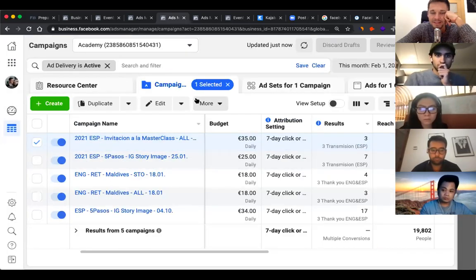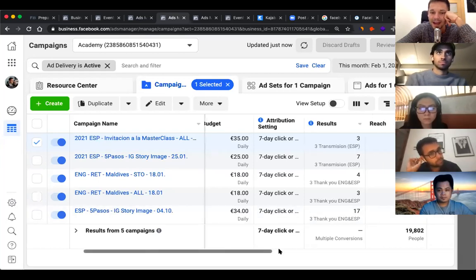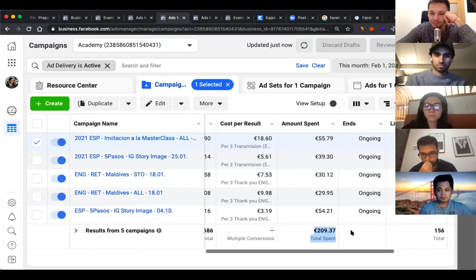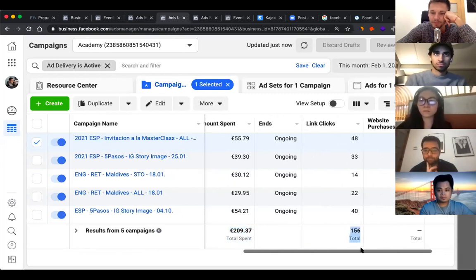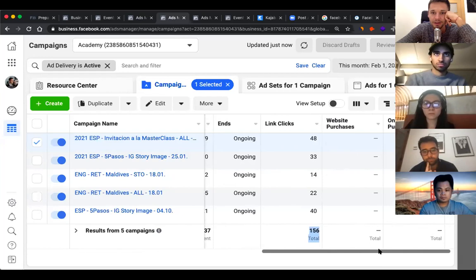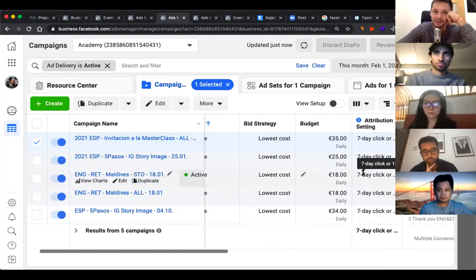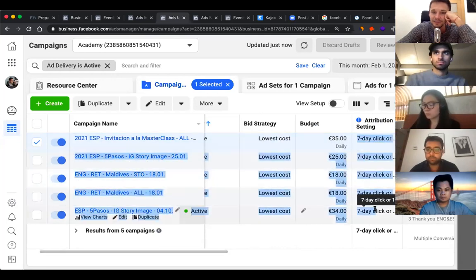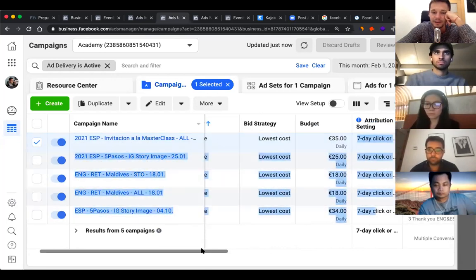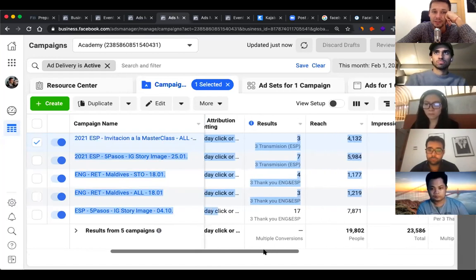And then the real reason, Martin, and also for you, Joel, why these averages, these totals did not show up, is because these campaigns had different attribution settings. They still had the normal 28-day click, 1-day view attribution, and you had to update them. Everything needs to be 7 days. Everything needs to be changed.